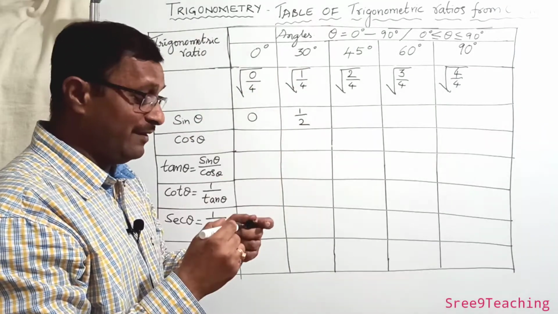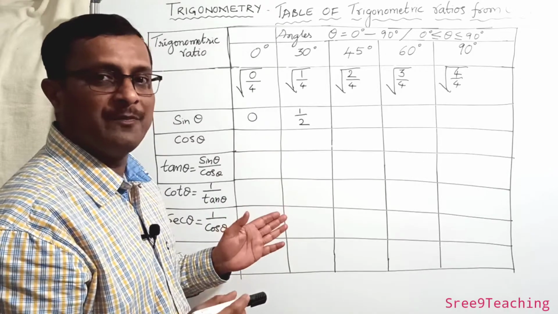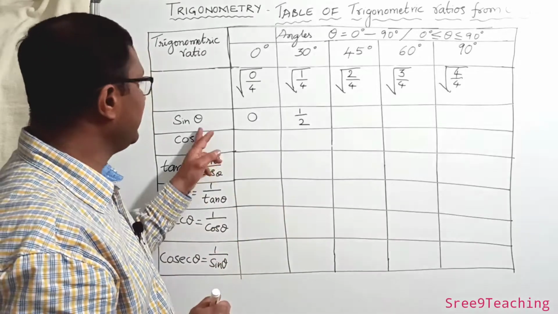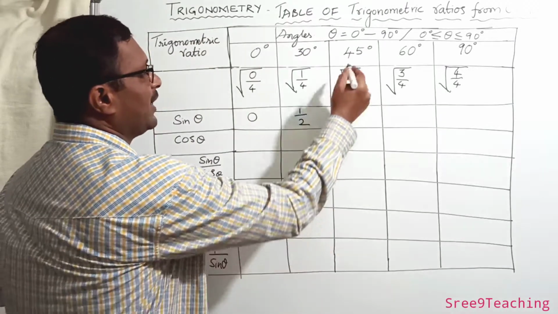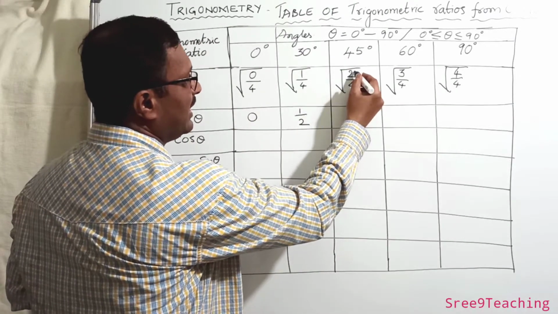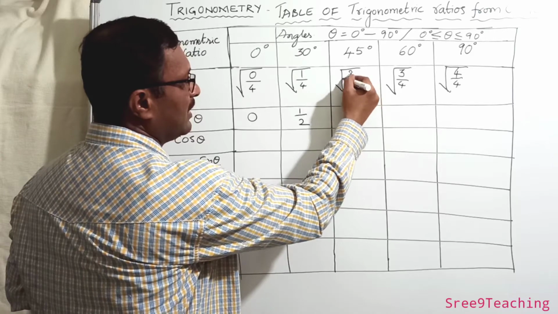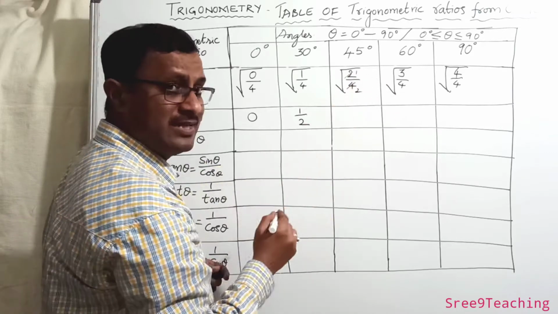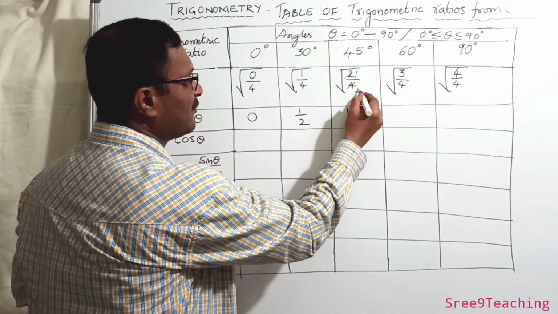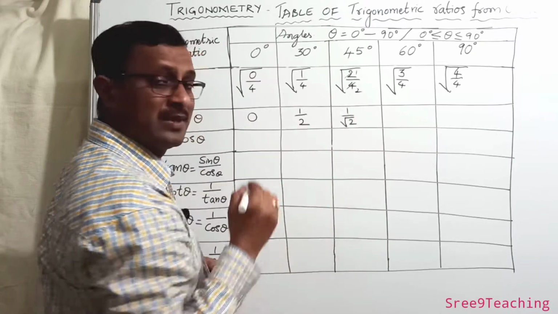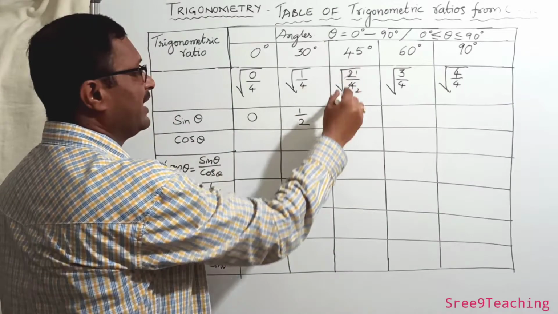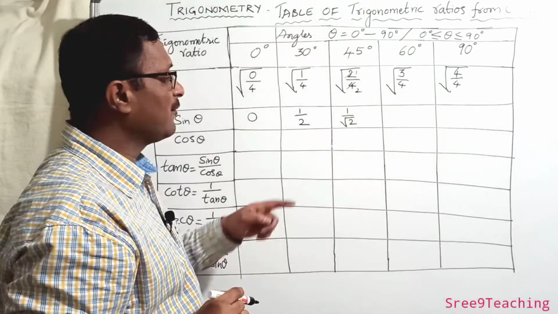Even when we solved the problem earlier, we found that sine 30 degrees is 1 by 2. Okay, and 45: 2 by 4 is how much? It is 1 by 2. Square root of 1 is 1, but the square root of 2 we write like that, root 2. It means that sine 45 degrees is 1 by square root of 2, or 1 by root 2.